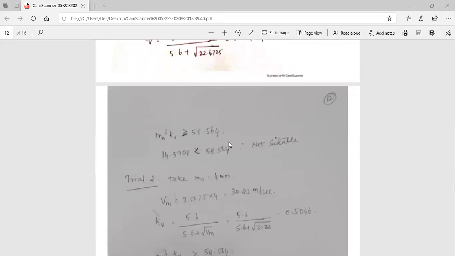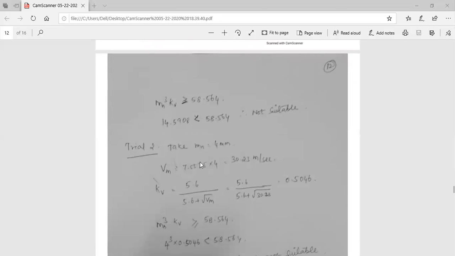0.5404. So multiply mn cube multiplied by kV, you get the value, which is lesser than the required value of greater than or equal to 56.56. But it's a lesser value, 14.5099. That's why it's not suitable. This module value is not suitable. The condition is not satisfied, so it's not suitable. Next,